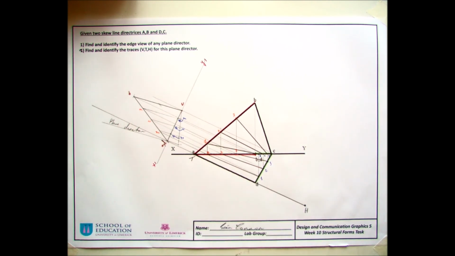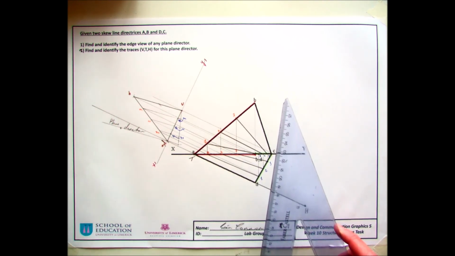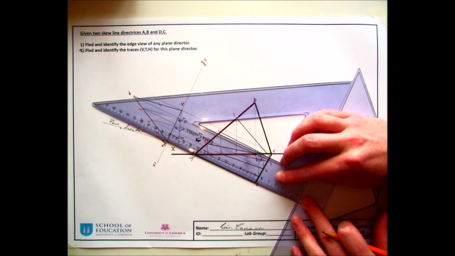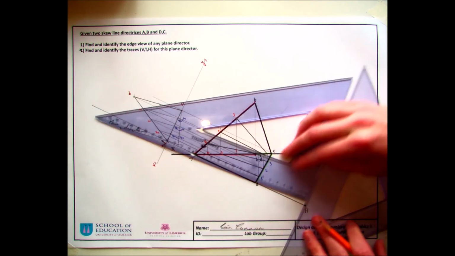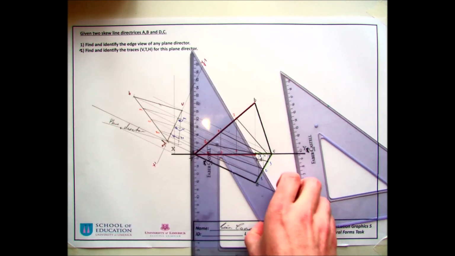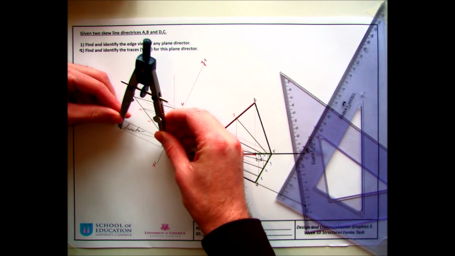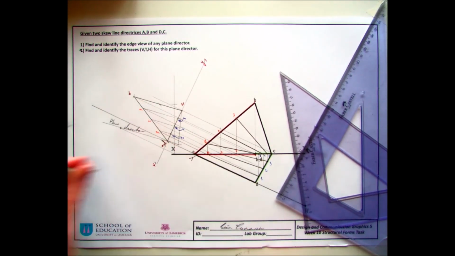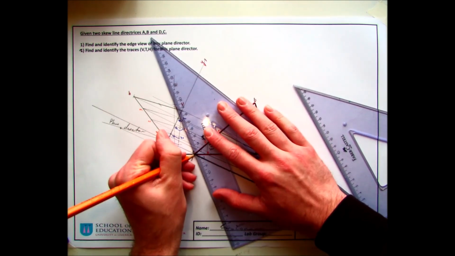Now we need to find the point on our vertical plane, so what we can do is pick any point along here. I'm just going to say this point here. Carry that back till it hits the XY. Bring that directly up. Get the distance that I took from here. Mark that off. And then travel a line from the T here, which is also A, through that point. And now this is your